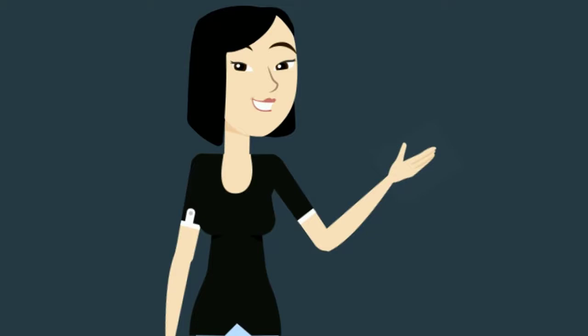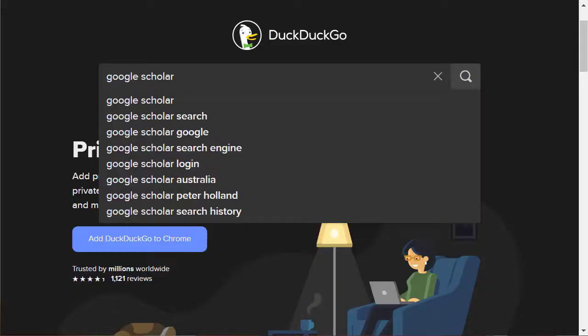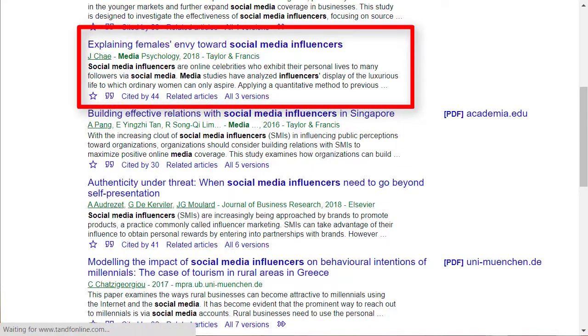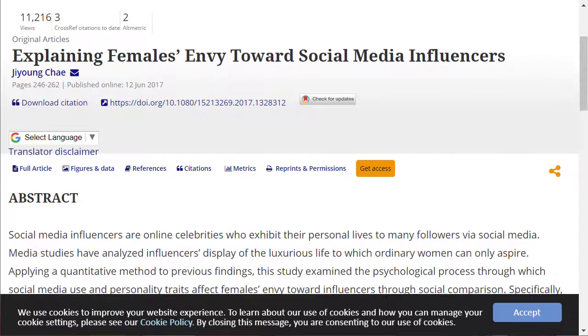Google Scholar is a useful tool for finding scholarly research on your topic. You can find Google Scholar by searching for it on the internet. Before you use Google Scholar, it's important to be aware that not all results are freely accessible from Google Scholar,